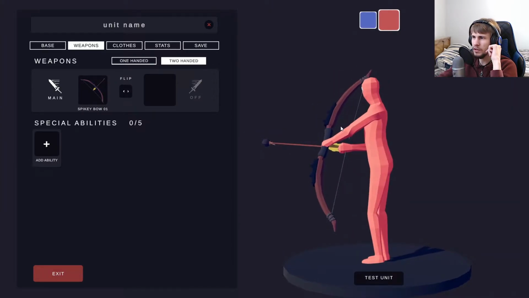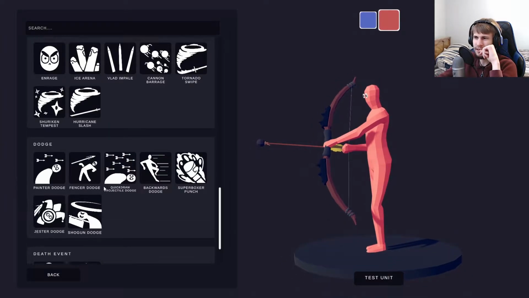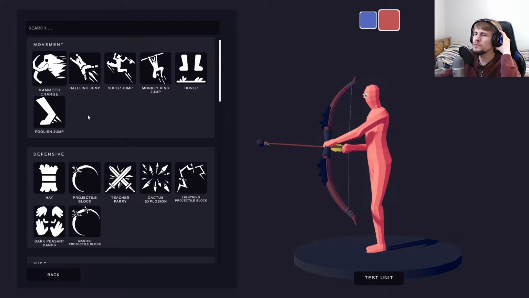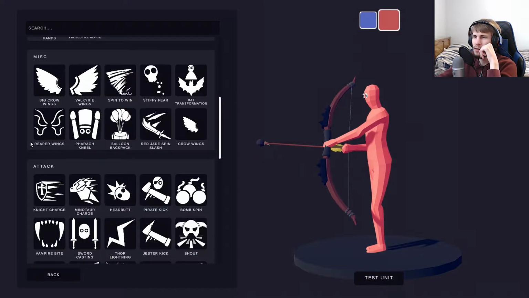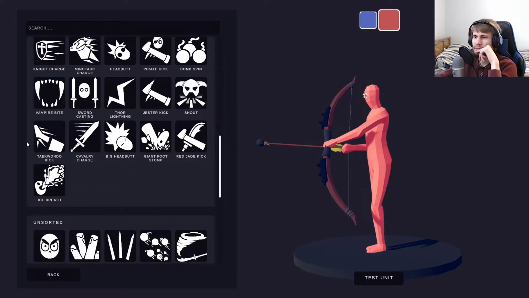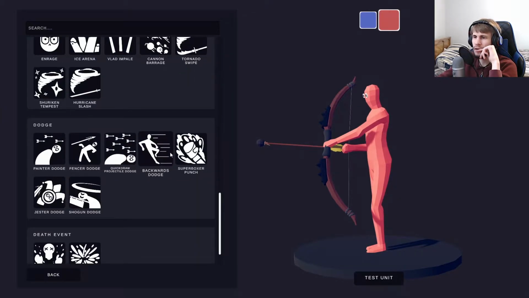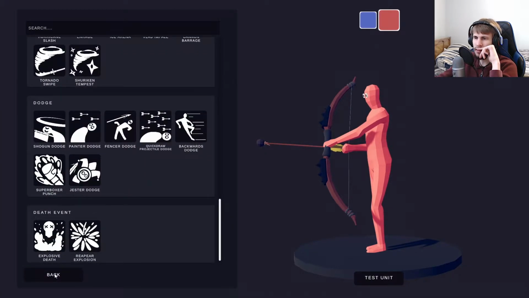Okay, so that's probably what I want, is two-handed for that. Ability. Painter, dodge, fencer... Okay, dodge is... Okay, so let's go all the way up, because there's so much to see. Okay, so there's movement types, defensive types, miscellaneous stuff, attacks, unsorted, backwards dodge, death events...